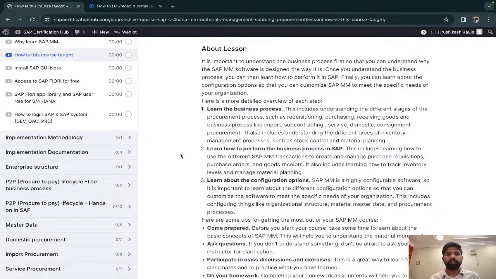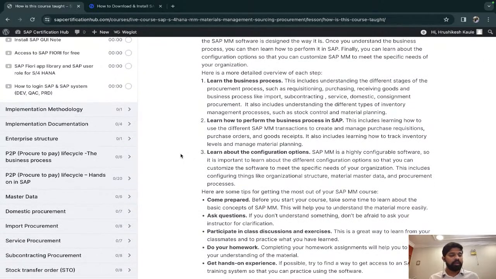Okay, those possibilities. Then while creating a purchase order, the buyer will be searching for multiple vendors. Then he will be sending the quotations to them. Each transaction has its own multiple scenarios. So we will understand it. It is not in SAP, it is in the domain. First, we will understand the domain, the business process, and then we will perform the transactions.